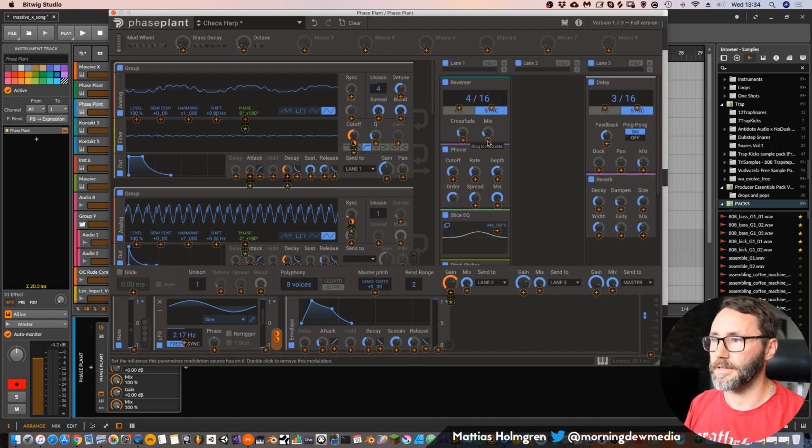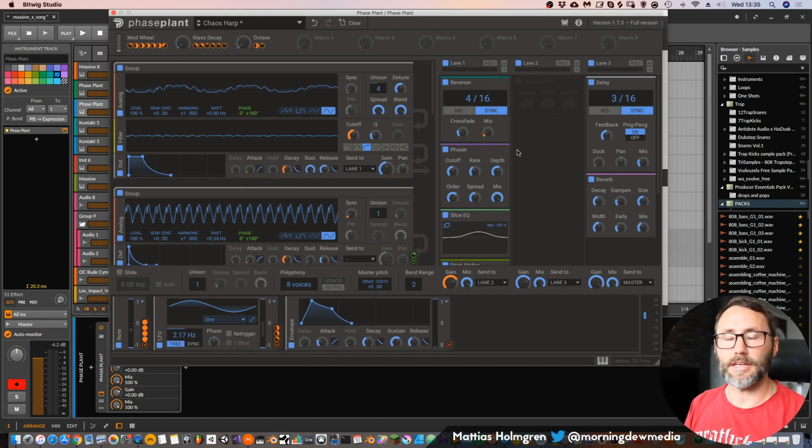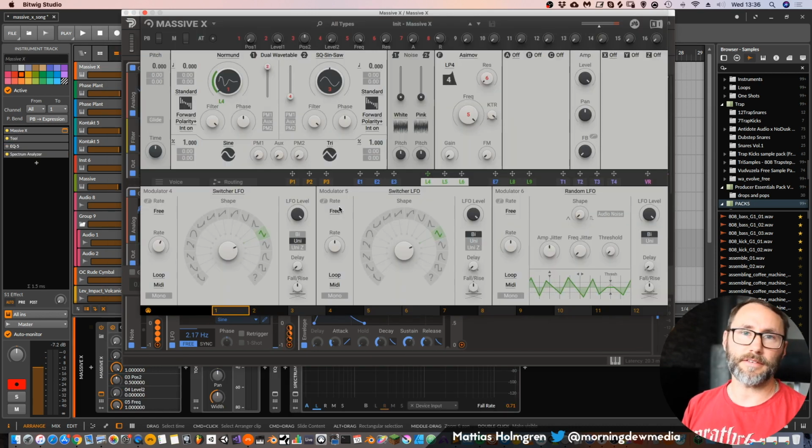So say we want to modulate the mix here of the reverser. And look, yeah, we can see the oscillation of the LFO, how it affects that parameter. And if we hover over a parameter like this, we can also instantly see that this is connected to this LFO because it lights up. So Massive X really doesn't have to reinvent any wheels here. They just have to borrow some modulation solutions from other companies. So we can see the LFO sweeping.